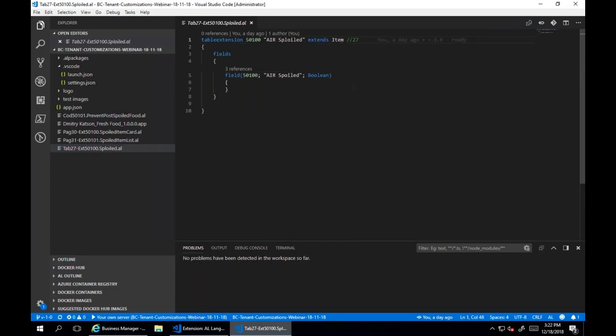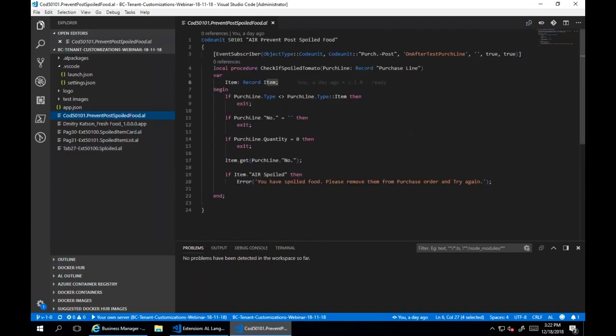I want my stockkeeper to pick this field when he sees that this item is spoiled. And when this item is spoiled, I want to prevent